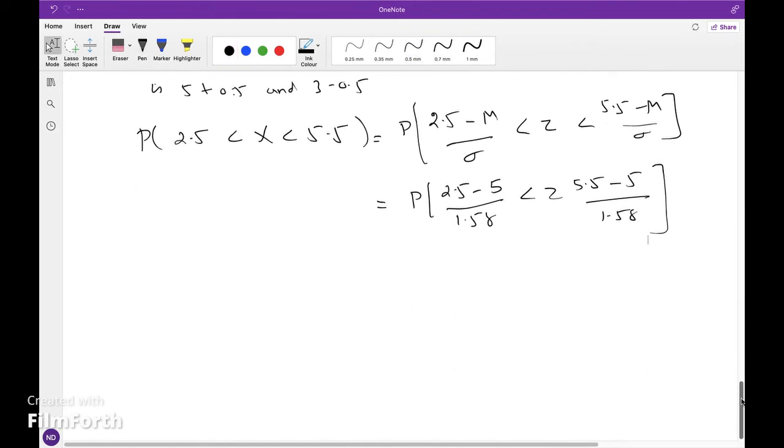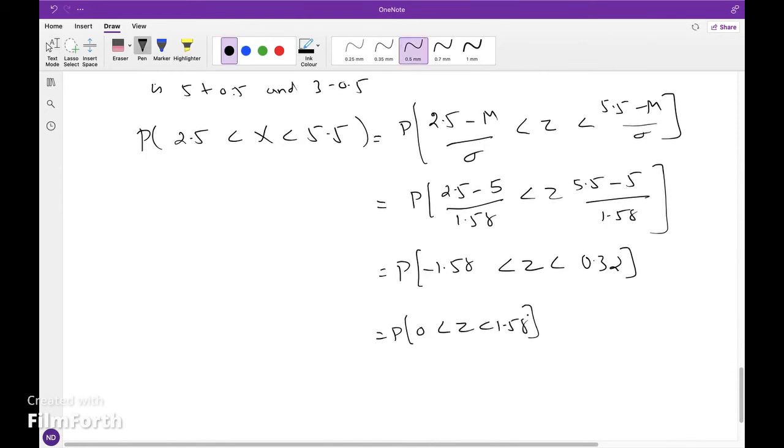Using a calculator, we get P of minus 1.58 less than Z less than 0.32. Since it is a normal distribution, we can write the probability of 0 less than Z less than 1.58, plus the probability of 0 less than Z less than 0.32. From the table,